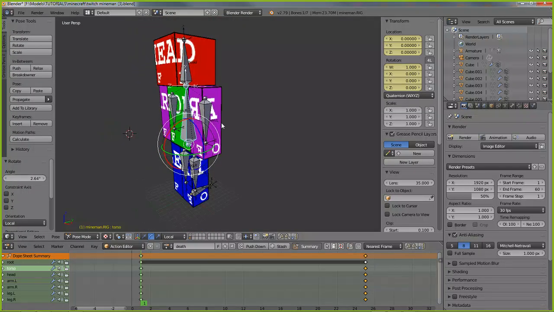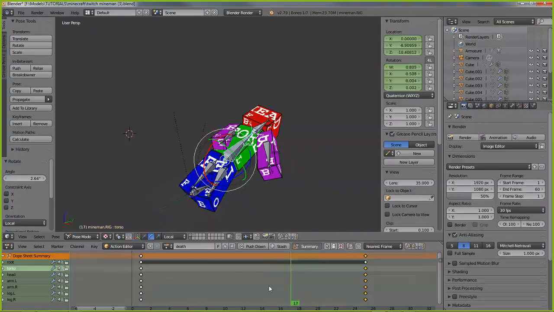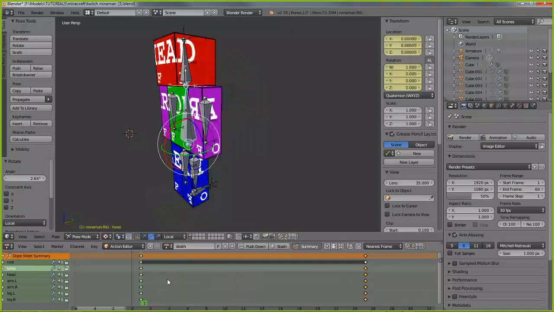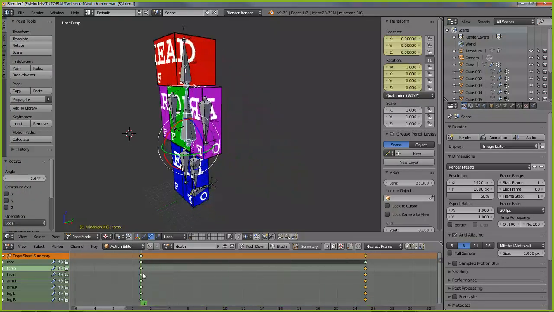So we have to determine how the character gets from the start to the end without it just falling over like that. We don't want it to necessarily just fall back over. So